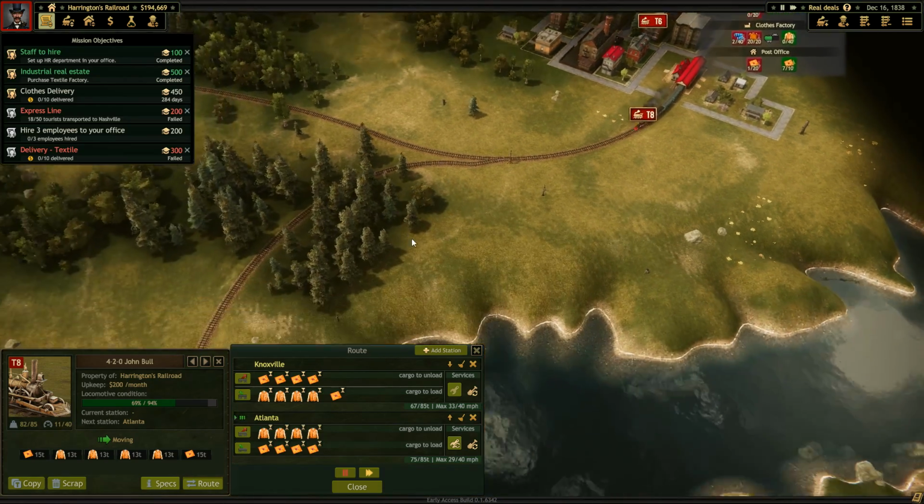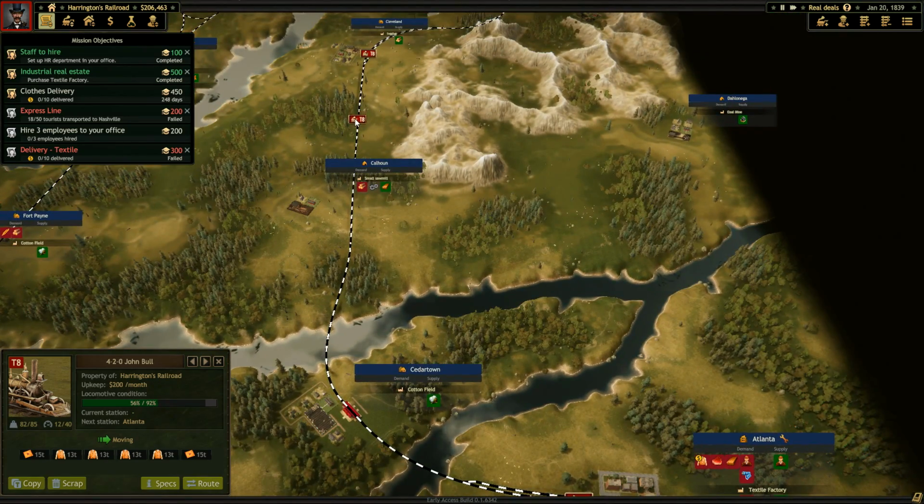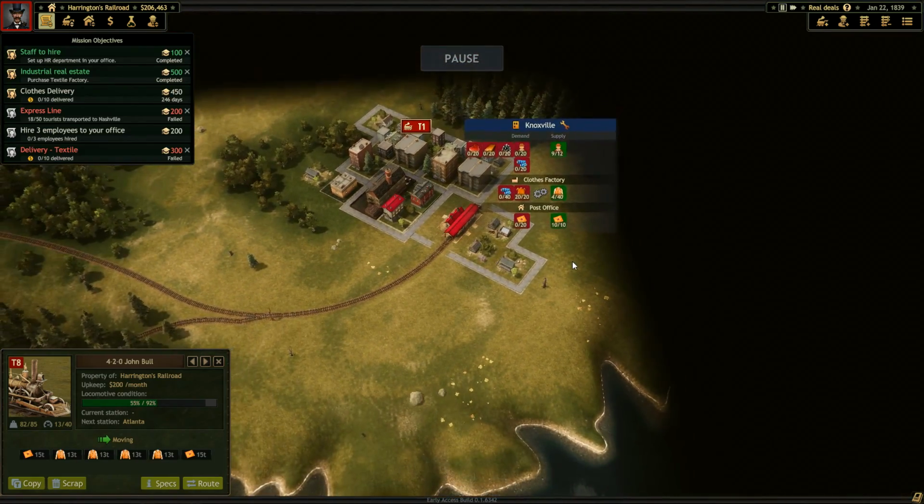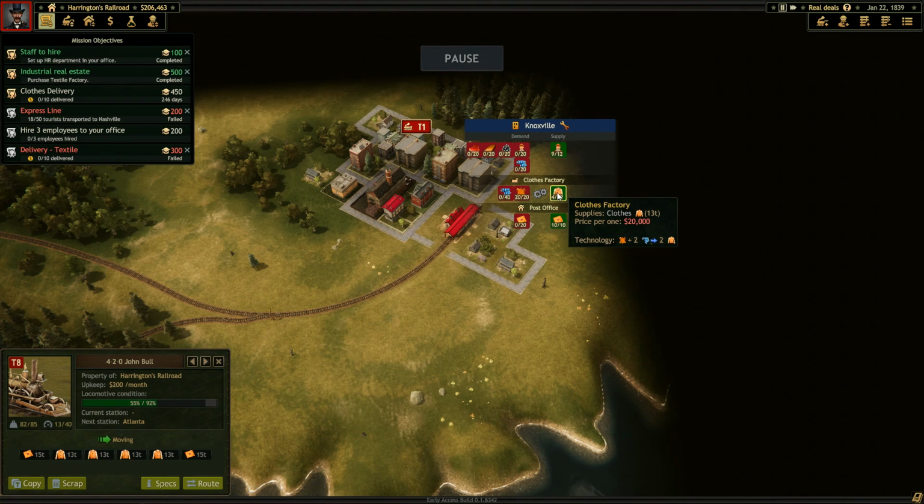In comes $13,000. In comes some more flipping post, because why the flip not? Everybody sets out on their way. So 4 have been delivered. 4 more are underway. You know what? Just for safety, I'm actually just going to get another train set up just to make sure more clothes are